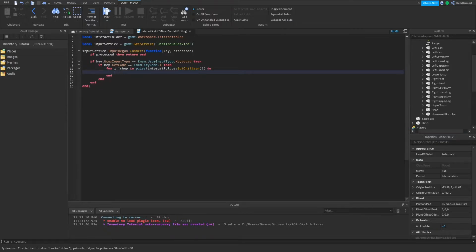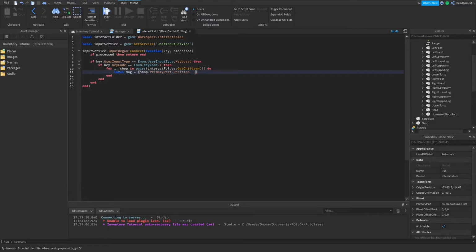We'll do local mag, which will stand for magnitude, is equal to our shop dot primary part dot position